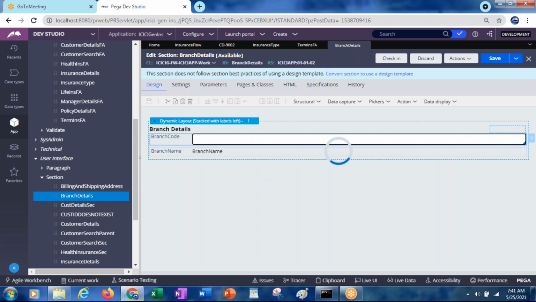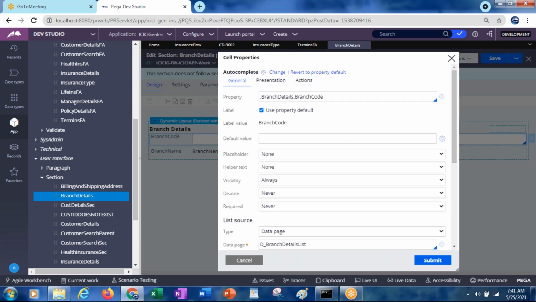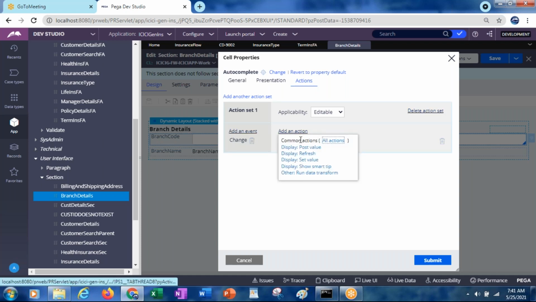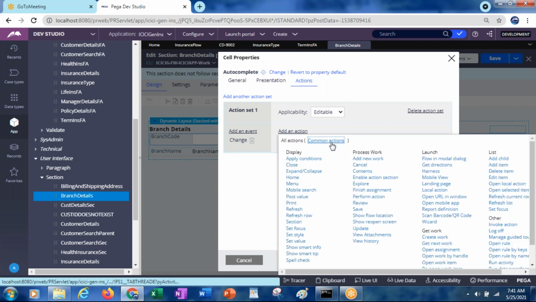From the action set. Yeah, so go to the properties of that particular control, whether it can be drop down or else autocomplete or whatever it is. Under the actions, we'll add an event and then add an action. If you select all actions, here you will have the local action.